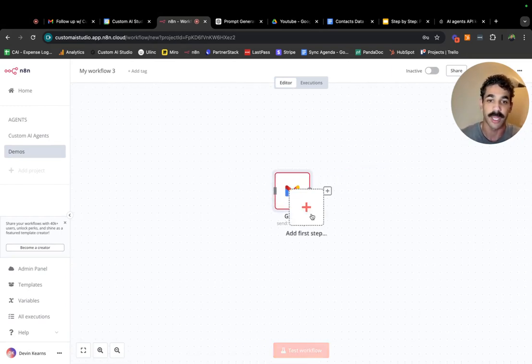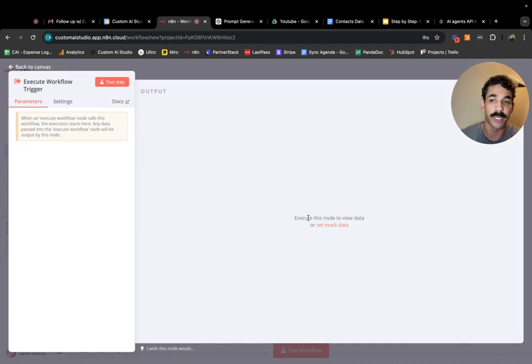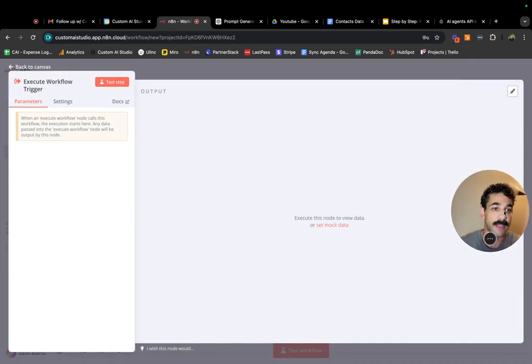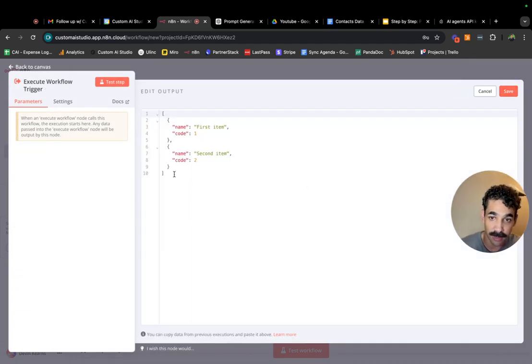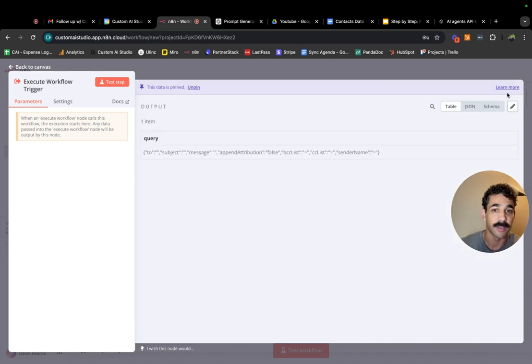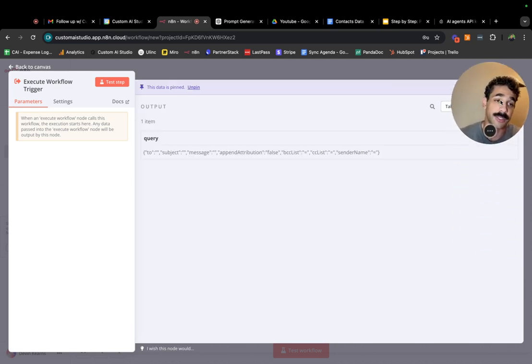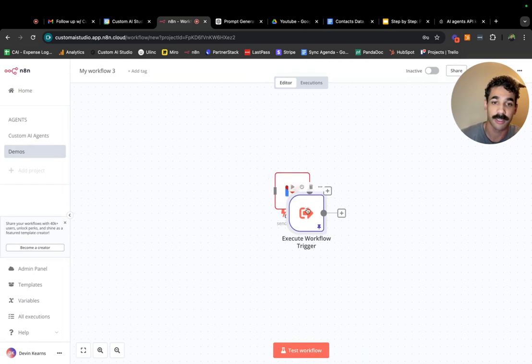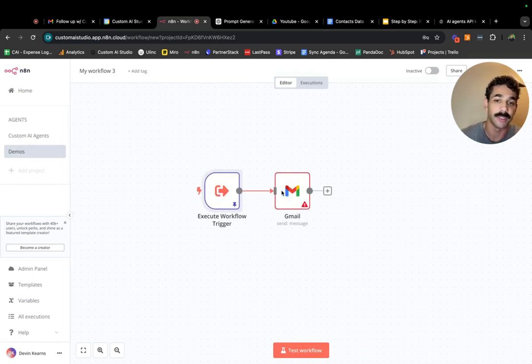I'm actually going to get rid of that and do a "when called by another workflow" trigger. And then here I'm going to pin this output. So this is what we're looking for, this output, right? I'm going to save it. Boom. So this allows us to do some testing without having to go to the agent workflow